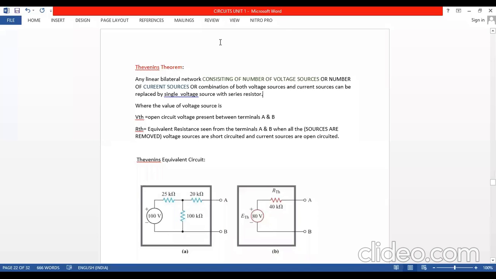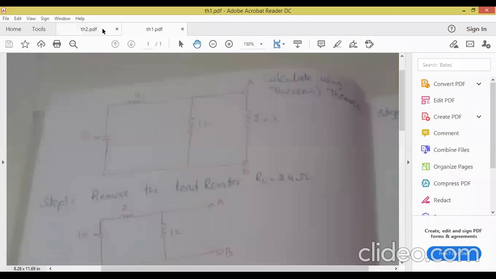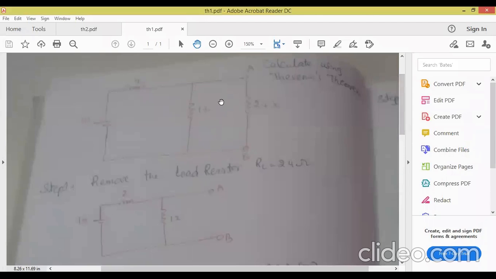Now, all the students, see, only 79 are there. Those students who are missing out these topics, it is very difficult to understand later on. Now, all students, we are solving the circuit on Thevenin's theorem. So, be ready with your book, all of you. Now, one new circuit is seen on the screen. Please confirm, anyone?